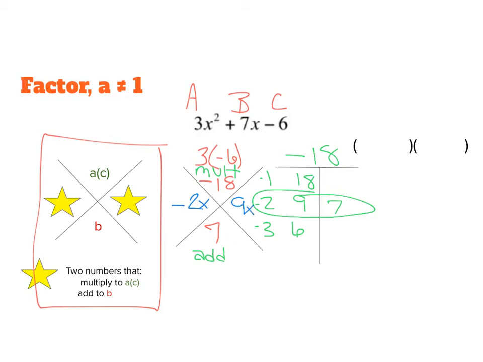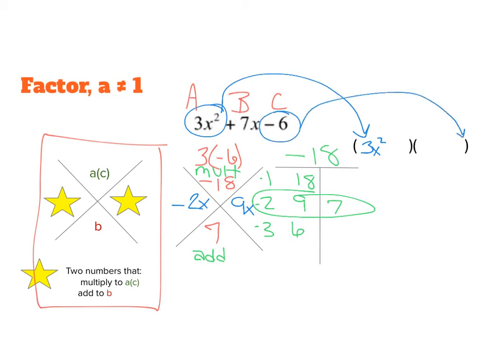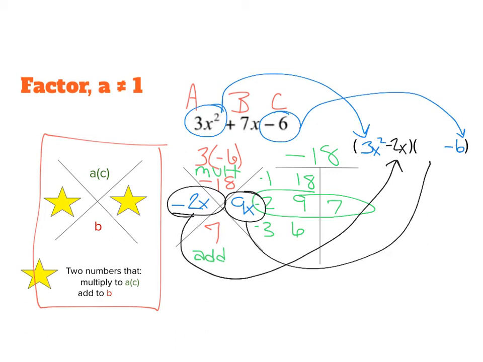Now to fill this into our parentheses, we're going to start with this first term here, that's going to go in the first spot of the first set of parentheses. So 3x squared. And then we're going to take the last term here, and that's going to go in the last spot in our second set of parentheses, minus 6. Then we're going to fill in these two factors, the negative 2x and the 9x,